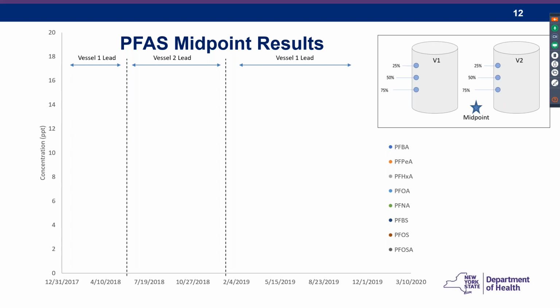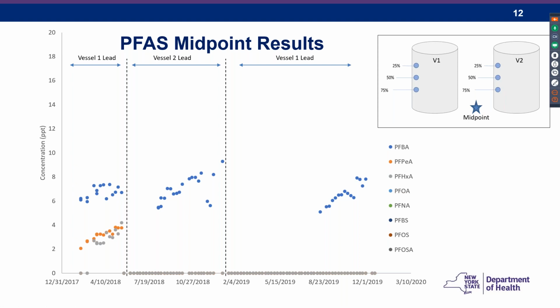Instead, what this plot represents results from the midpoint, which should be here. So at this point, when we started taking our samples, vessel 1 was the lead vessel, and vessel 2 was the lag vessel. So 2 vessels in series. Some of these plots are going to get a little bit noisy, but if you could focus on this first section here as we go through these contaminants, you'll see we detected PFBA at the midpoint of this system,